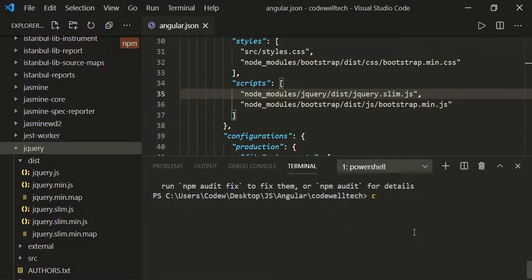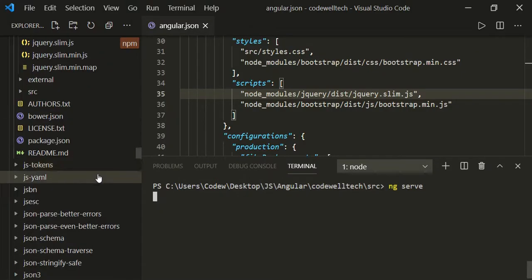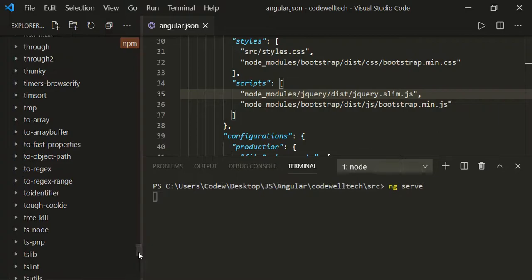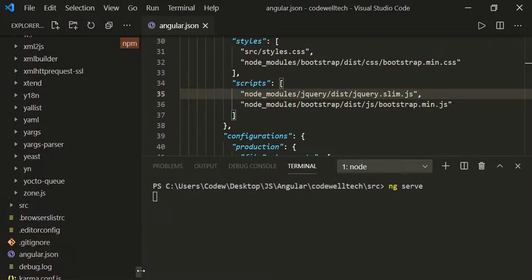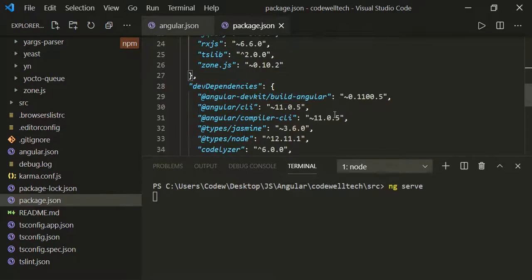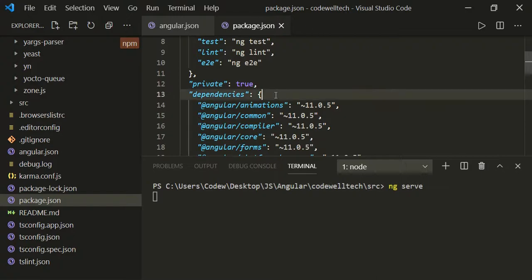Now here we need to move to the src folder, cls, ng serve. And I forgot to mention one thing, that whenever you install any packages we know that the dependency will be added to the package.json. If you go and see in the package.json, you can see jQuery and Bootstrap under the dependencies section.